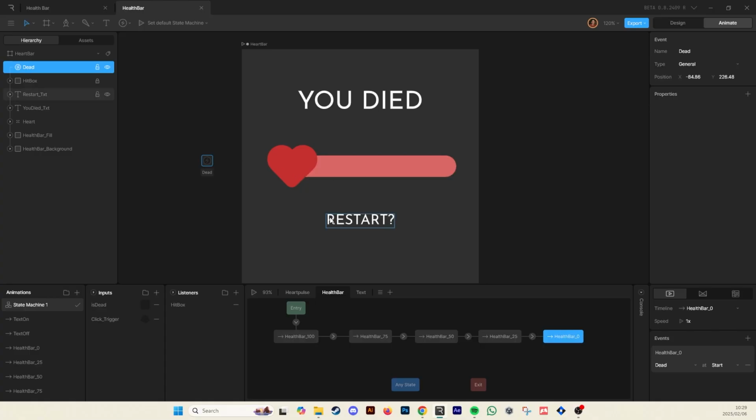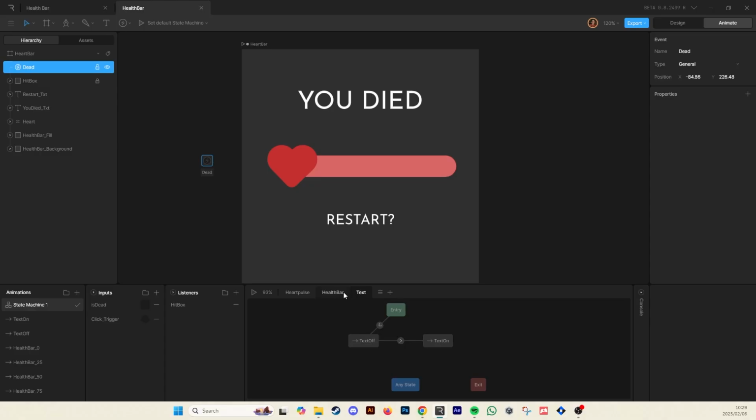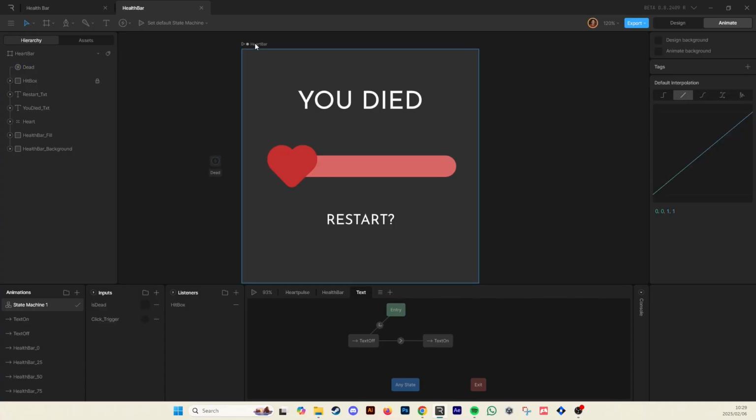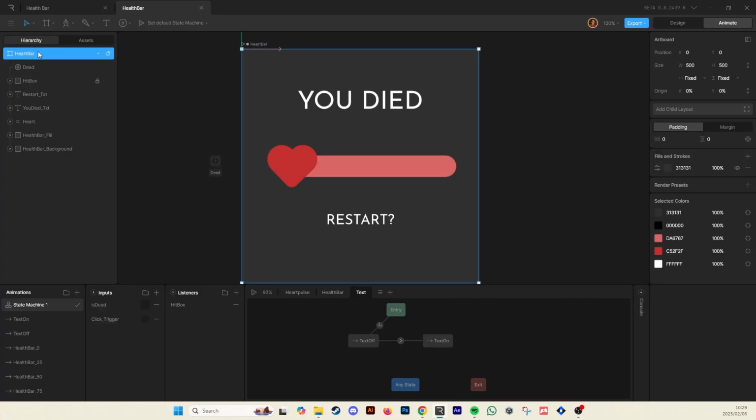So let's do that. To make this event trigger that, we need to listen for it. So we're going to click on the artboard, the most top layer here, the actual artboard itself. And if we make a new listener, it's going to look for things in this artboard, predominantly events. You can see that it's found this event. So it's looking at the artboard called health bar. It's found an event, and we're going to